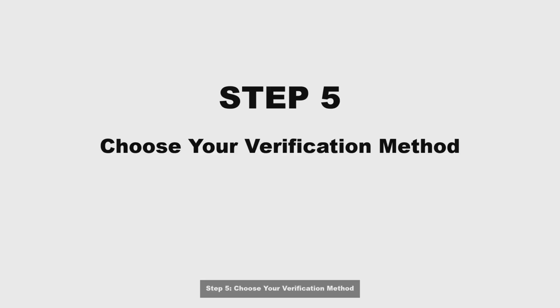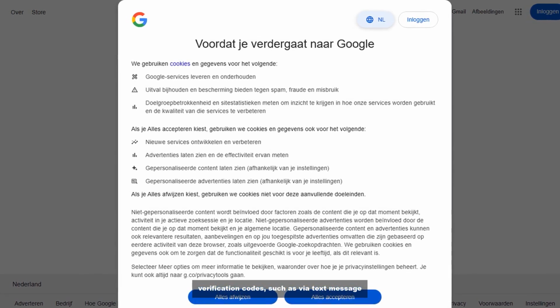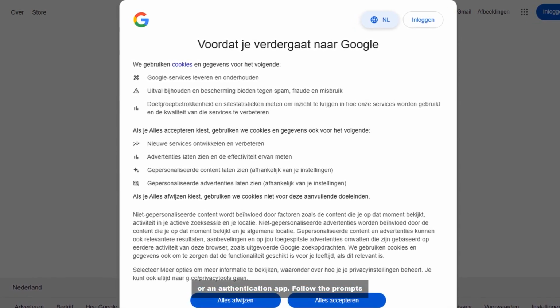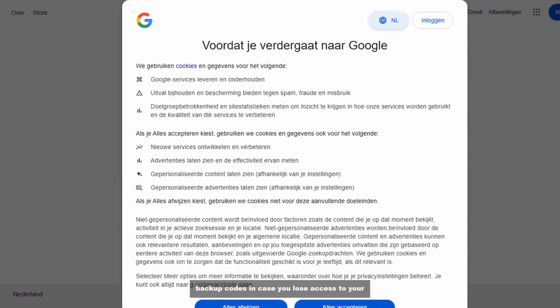Step 5. Choose your verification method. Select your preferred method for receiving verification codes, such as via text message or an authentication app. Follow the prompts to complete the setup, and make sure to save backup codes in case you lose access to